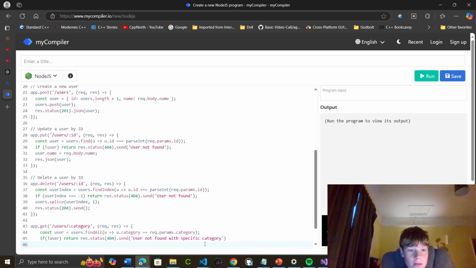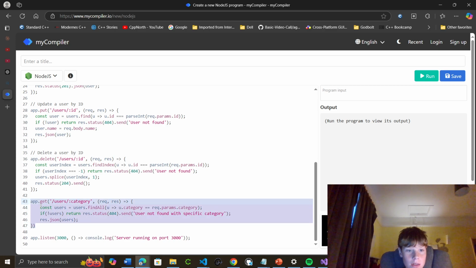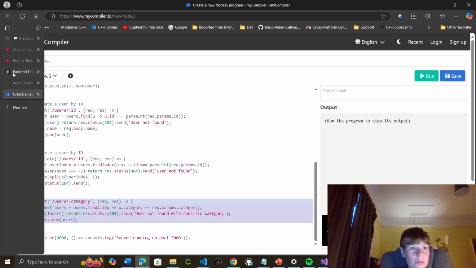And then, so what's it doing here? user.name, okay, we could do that, but we're not putting that, so we do res.json users. Okay, this should work. I'm just going to paste this to ChatGPT and ask it,